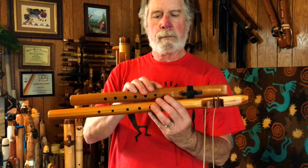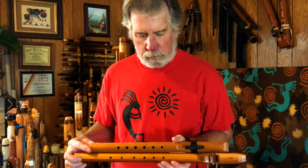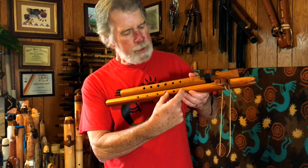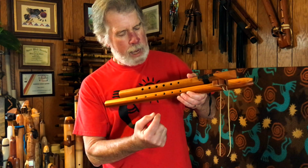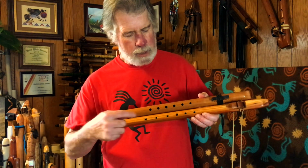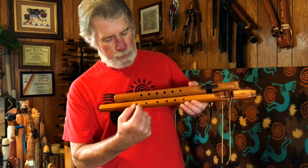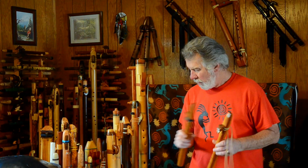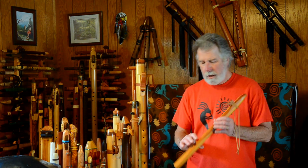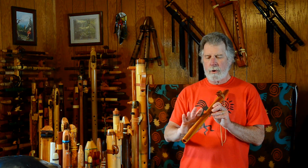The finger holes, if I try and line up the first finger hole, you can see that the first three are a little bit more of a stretch than on the A. These are quite a bit more of a stretch if I line up these two holes. This one's quite a bit further of a reach than this one is. So moving from that mid A to an E flute, you have to learn how to stretch out your fingers,